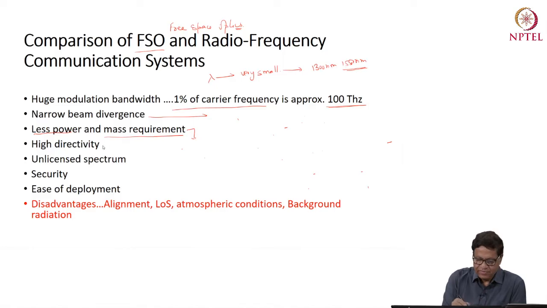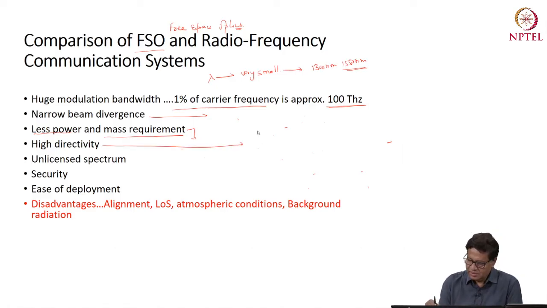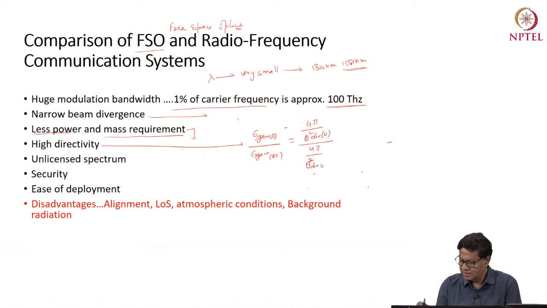So high directivity, the gain in optical. If I take the ratio of gain optical versus gain RF, this is actually equal to 4 pi. The gain is defined by 4 pi divided by theta square of divergence in case of optical, and 4 pi divided by theta square, the divergence in case of RF,